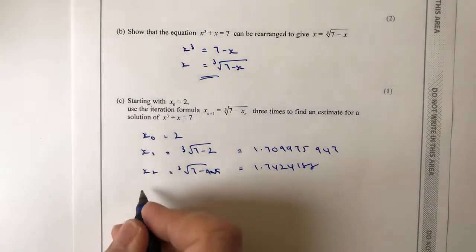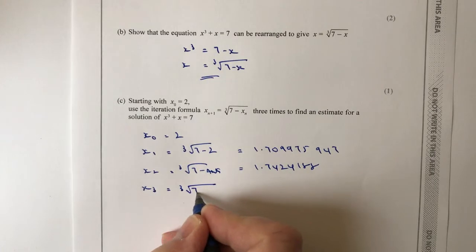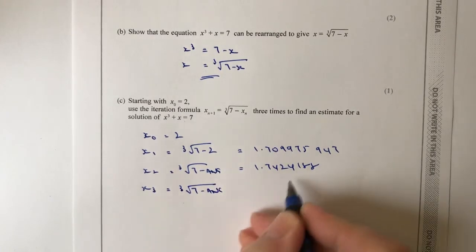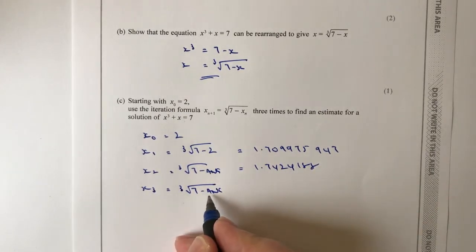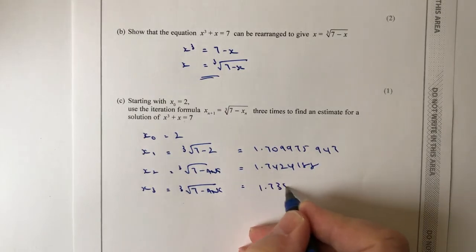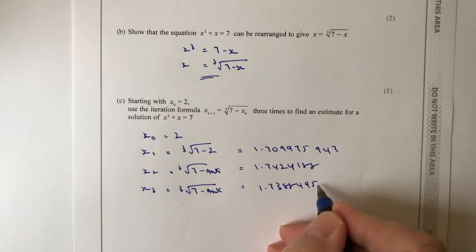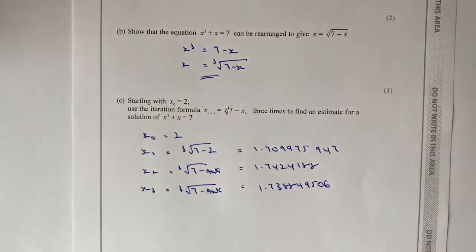Okay, all right, finally is x3, and what I'm going to do is, again, take the previous answer, this one, and plug it into here, and that's going to give me 1.738849506. Okay, so I've used the iteration formula 3 times to find an estimate for the solution, and what I'm actually going to say,